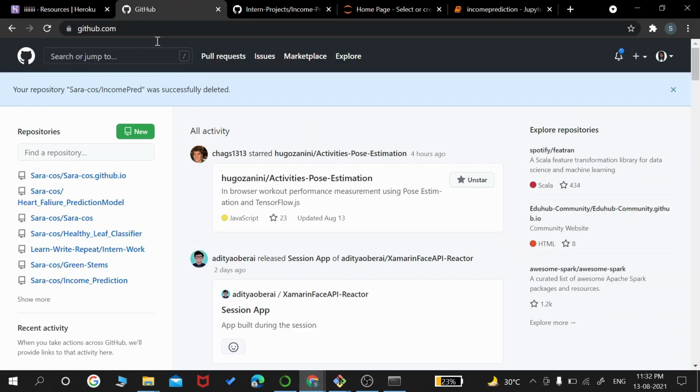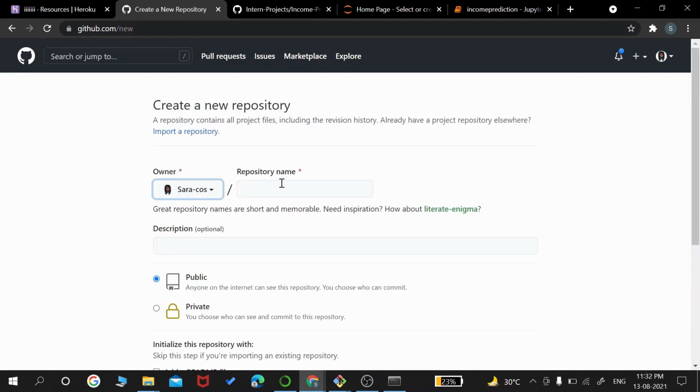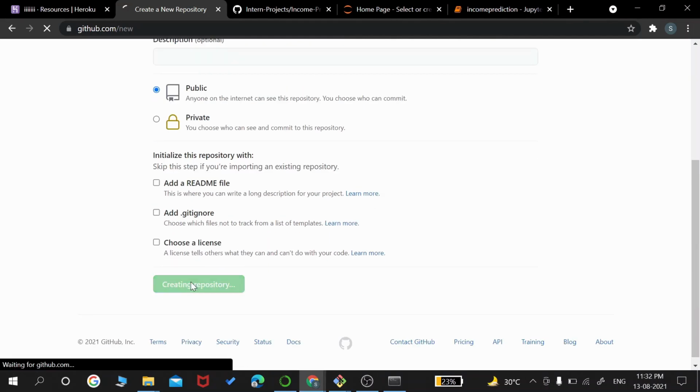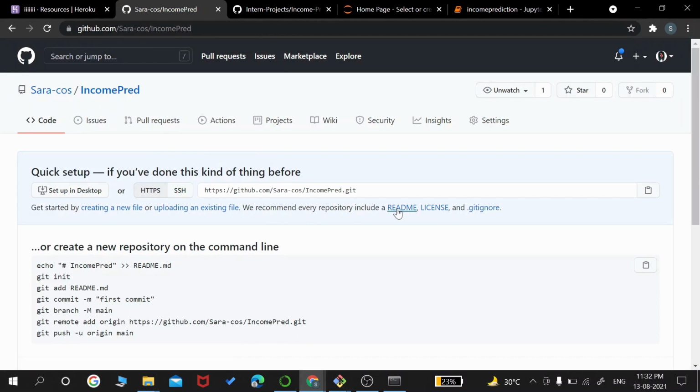Okay, so we haven't, yeah, so first time we have to just create a new repo. I'm really sorry for that. That is income thread, if I name it. So that is income thread, and yeah, I'm creating the repo. So once the repo is created, there will be a link. So HTTP link or SSH, and we need HTTP. So I'll copy this, and